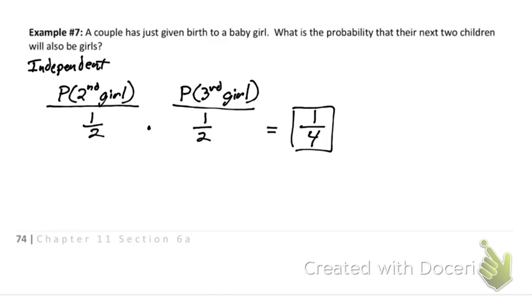If the first child was a boy, what are the chances that all their kids are girls? If the first one's a boy, what are the chances that all their kids are girls? 0. They already had a boy. All right, but that's probability. That's simple probability and a little bit of compound probability. All right, the rest of the time is for